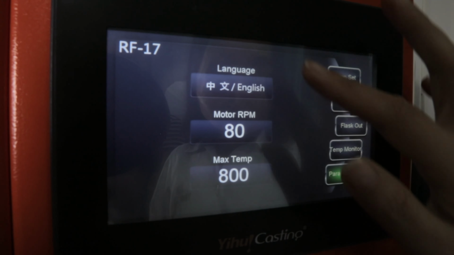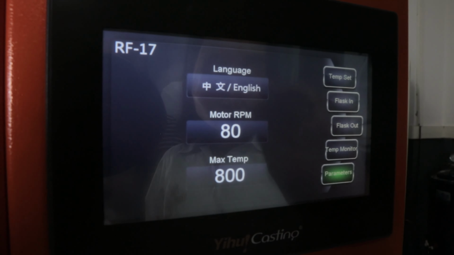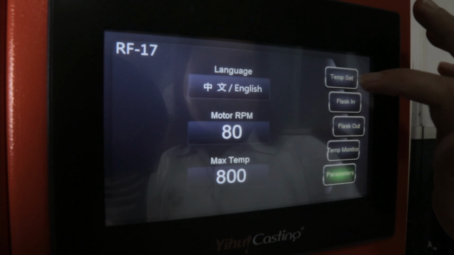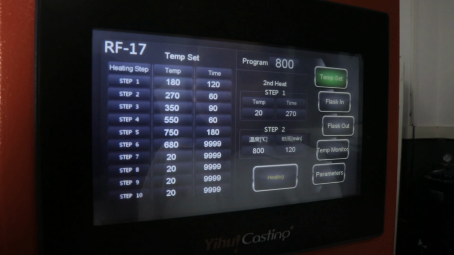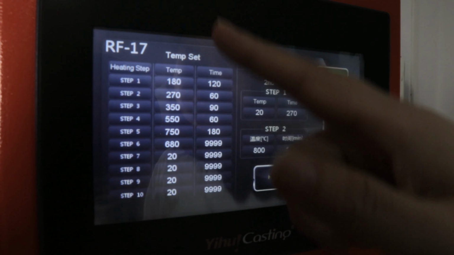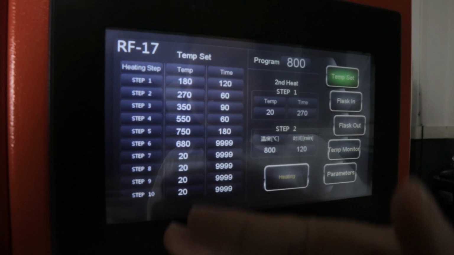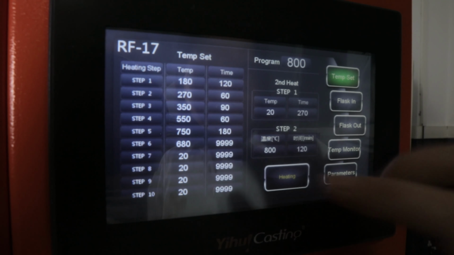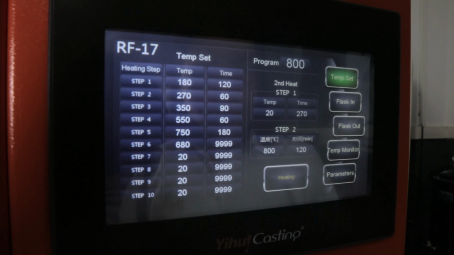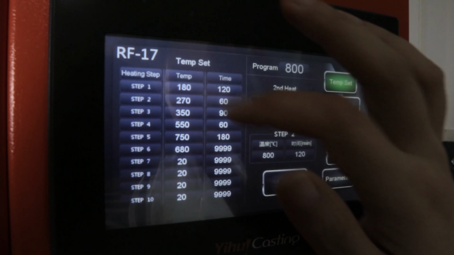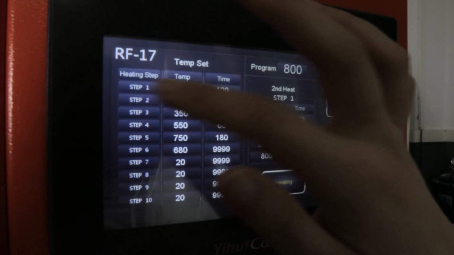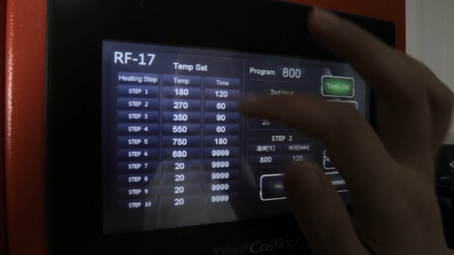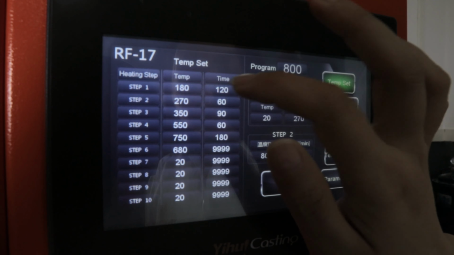After we set the language, the rotary speed, and the maximum temperature, we move to the temperature setting window. In this machine we have 10 different segments for temperature setting. For example, I'm going to demonstrate one step by step. For step 1, we want to set 180 degrees, and time we set